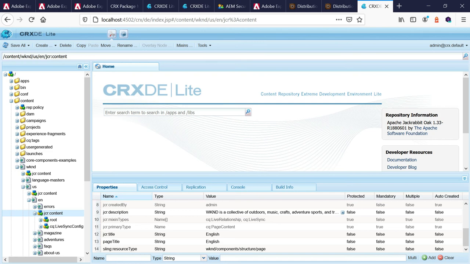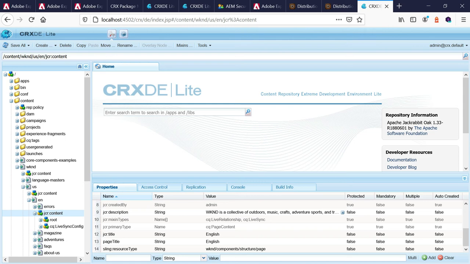Okay. Let us now see how to automate the sync distribution through triggers. For that, I am going to configure a JCR event trigger in all the publish instances to add the JCR changes. In my case, it is content weekend US. Whatever I change is a JCR change. So those changes under the configured path go to the distribution queue.